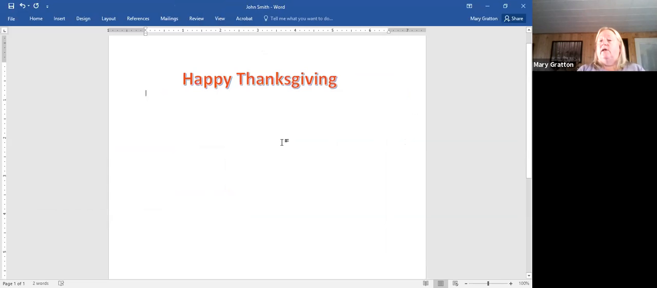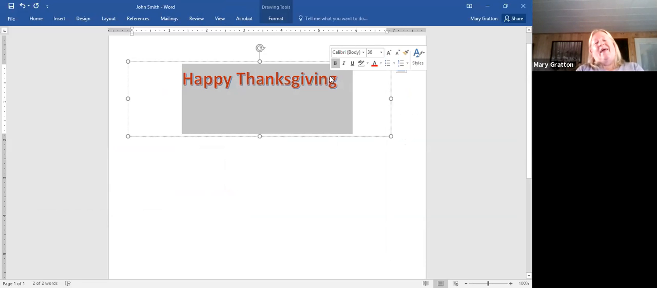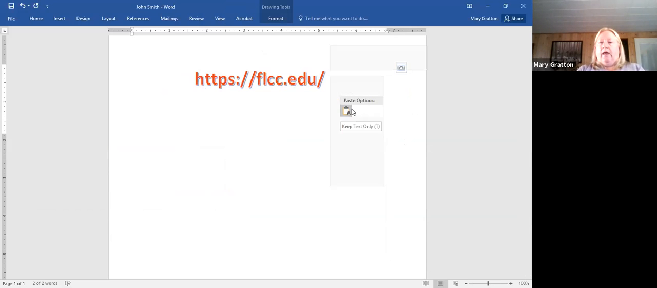Now my letter has changed. Notice there's some shading behind it. That's the style that I picked. Well, I don't really like that it's kind of an outline in blue. So I'm going to do the same thing again and